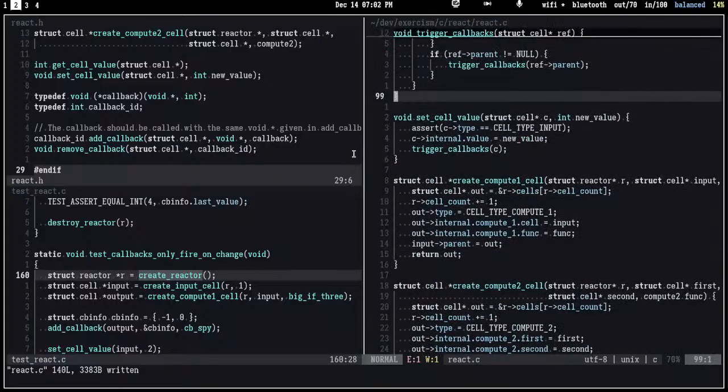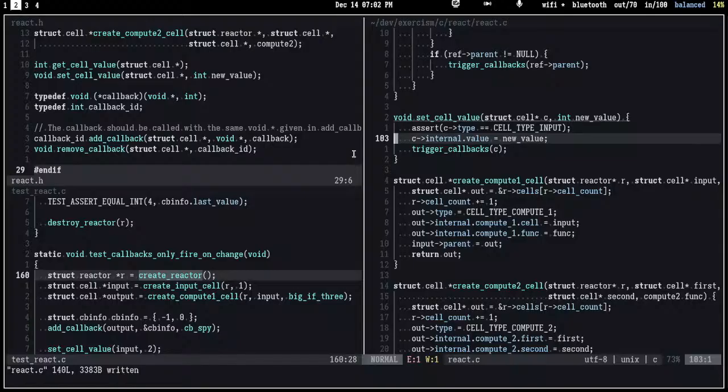But when we set a value, we have to do that recursive thingy anyway, so we're just kind of shifting it. But anyways,